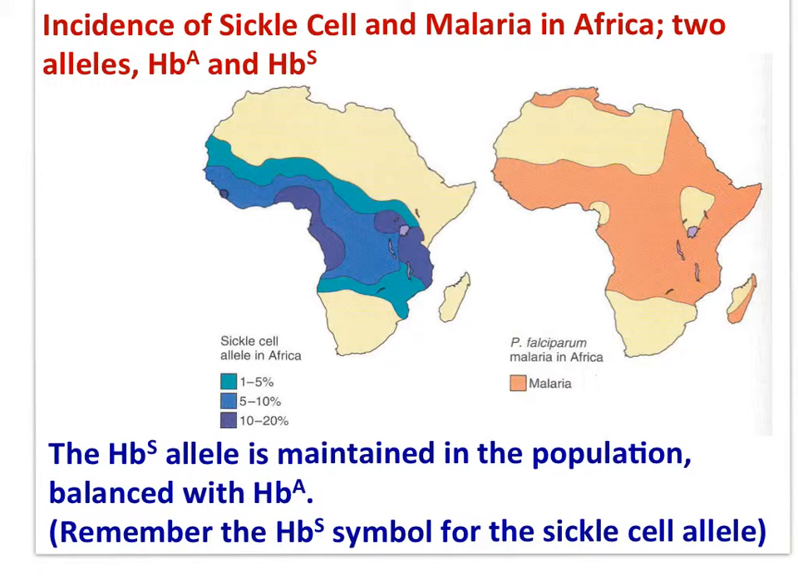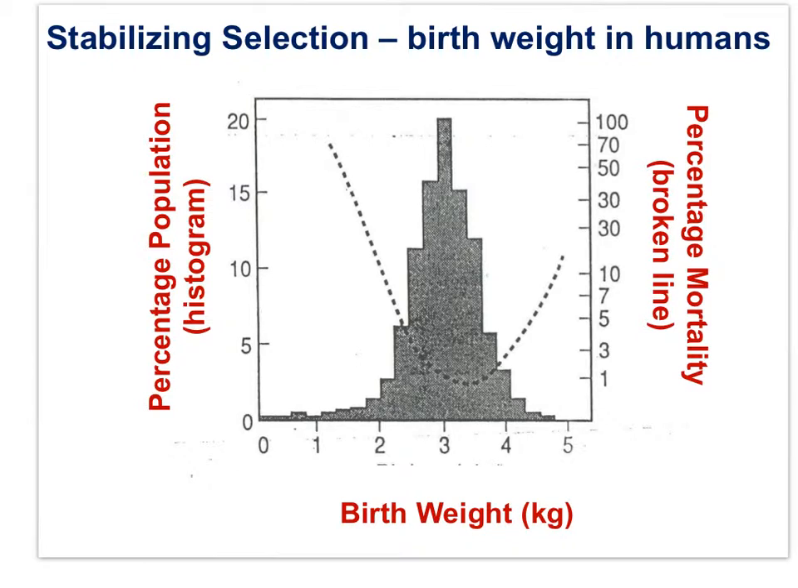Thus, heterozygous individuals with both alleles are favored in environments with malaria. Thus, both alleles for normal and sickle cell hemoglobin are maintained in the population. In other words, neither allele is favored, or you could say both extremes are equally selected against. This is stabilizing selection. This graph shows birth weight in humans, and you can see that birth weight is maintained